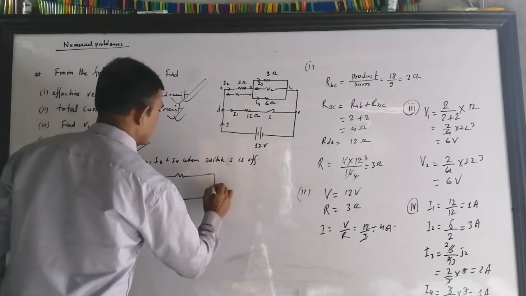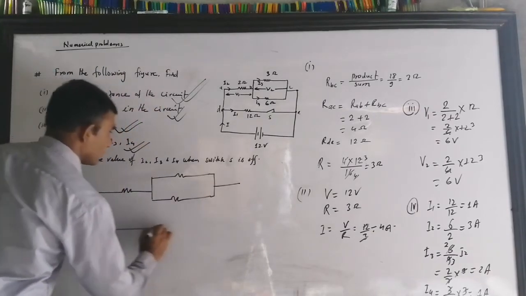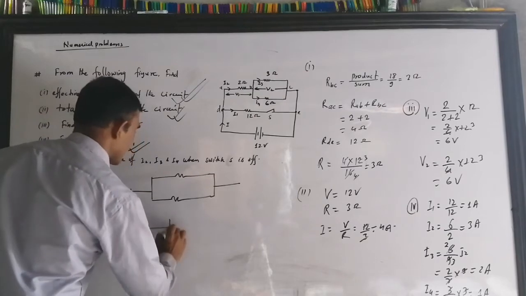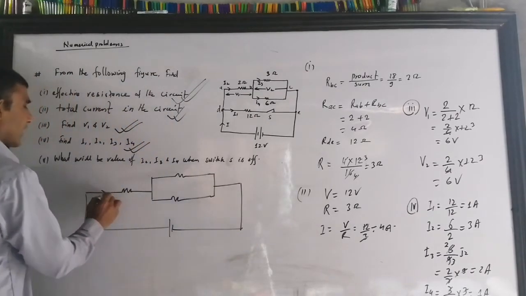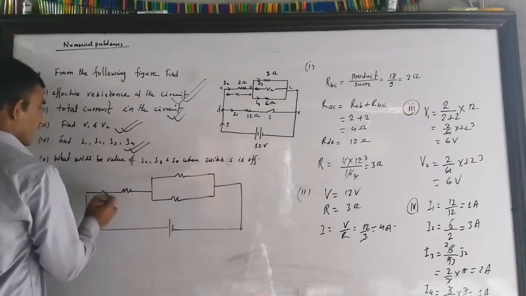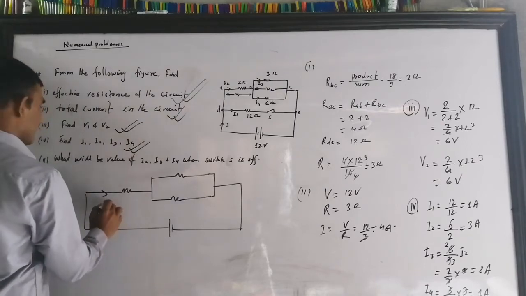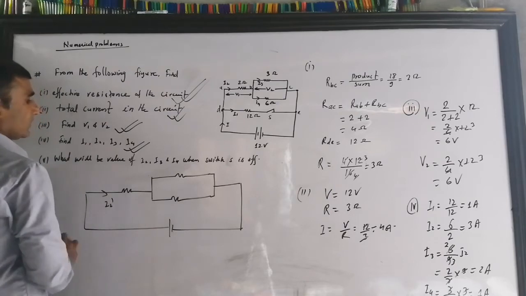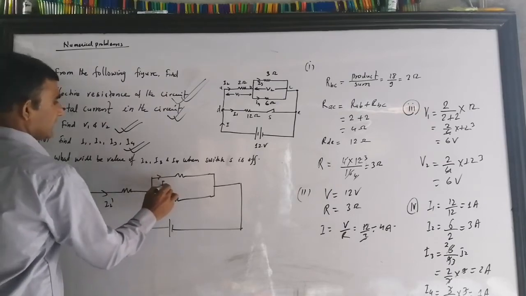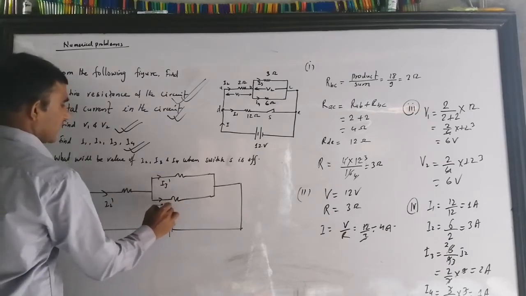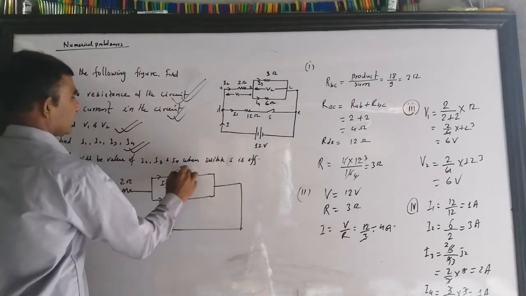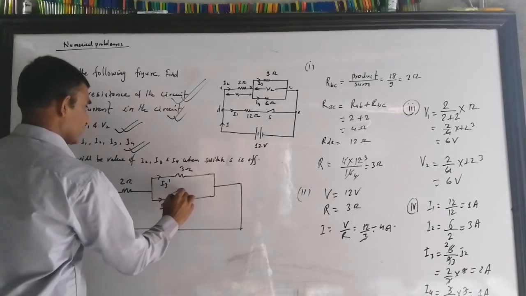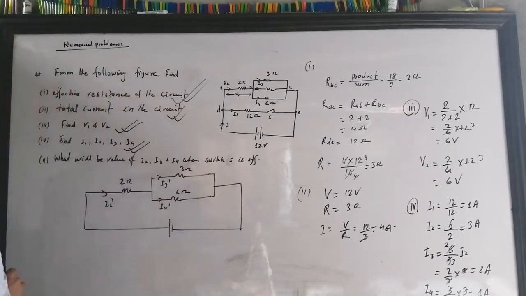I am writing also, and okay, so now that branch is not there, only this battery is left, and this became so easy for you. Now this became the current, and if you want to give the same symbol, then it's I2 dash. Okay, and here becomes I3 dash, and this is I4 dash, and the resistances are the same, this 2 ohm, and this is 3 ohm, and this is the 6 ohm. Tell me, can you find it?